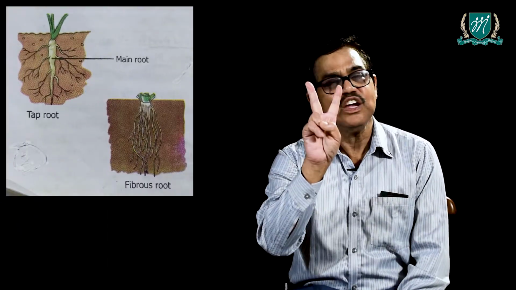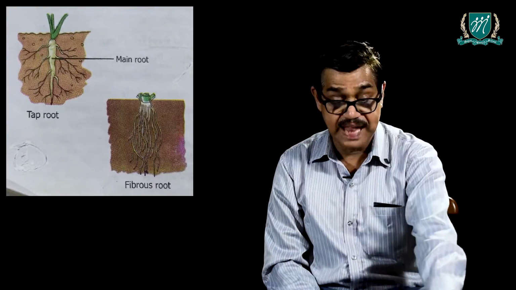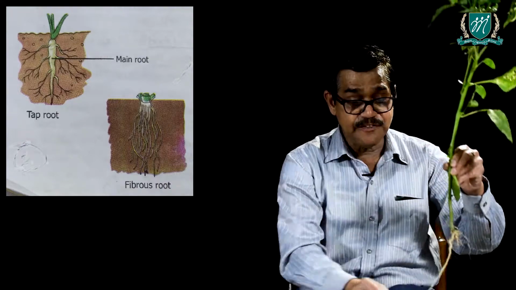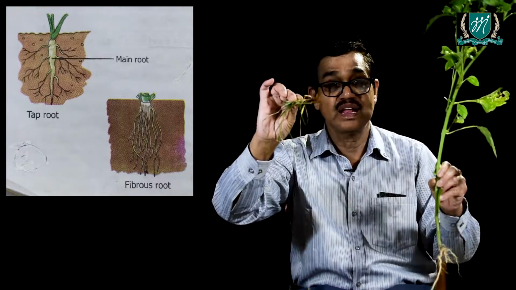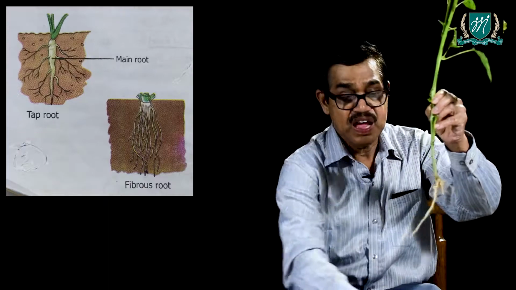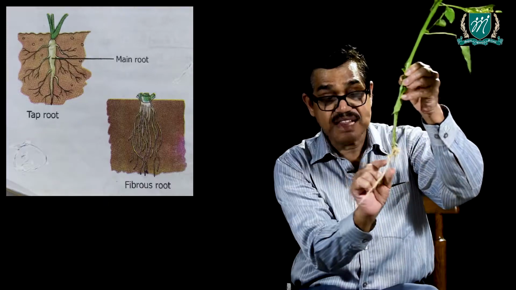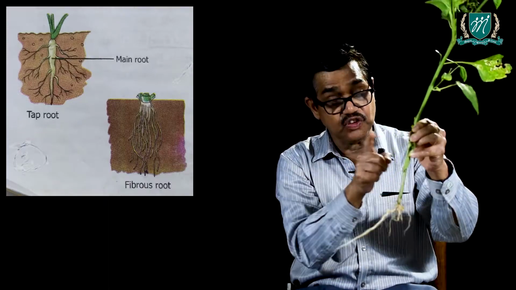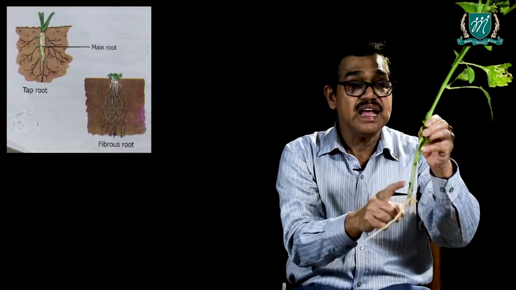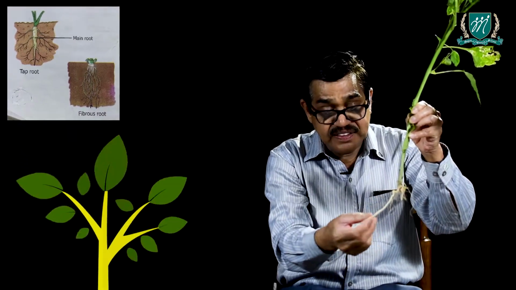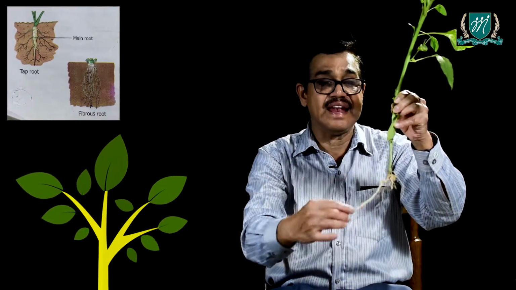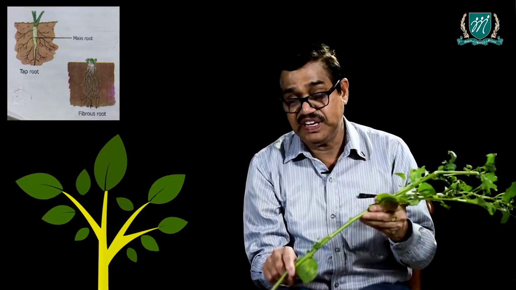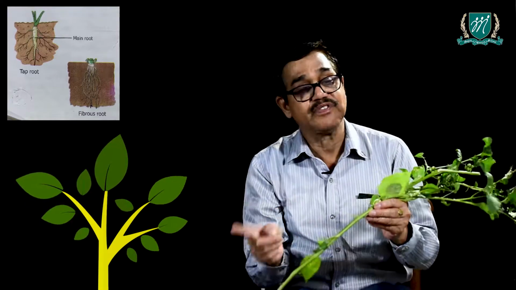We are going to study types of roots. There are mainly two types of root, the taproot and the fibrous root. The taproot is long and thick. They are attached to the stem and they have fine, thinner, smaller roots at their end, the lateral roots. Plants like beans and tea all have taproot.